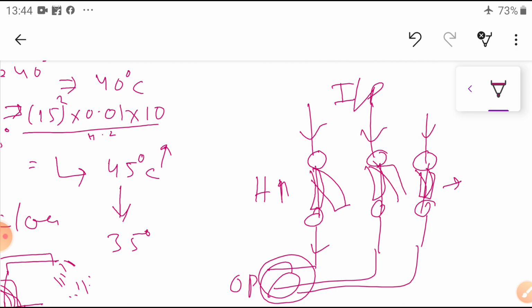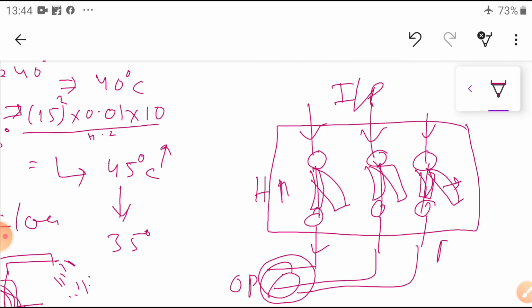Similarly, all 3 will open. Then the continuity of supply from input to motor is disconnected, and the motor is switched off. So this is the mechanism that takes place inside our DOL starter with the help of the bimetallic strip.